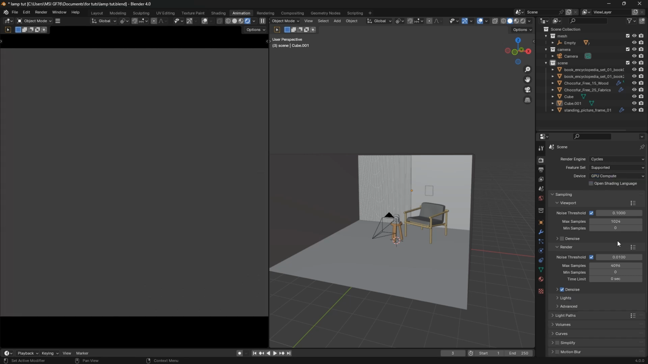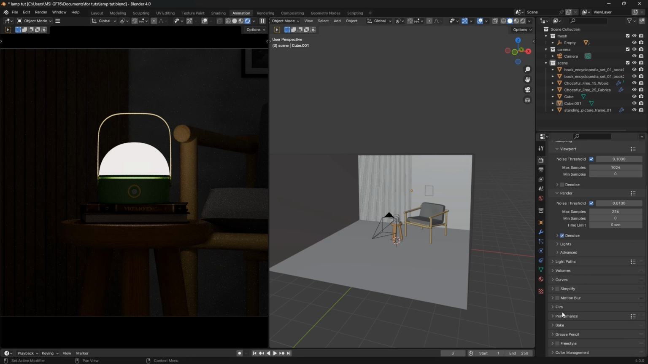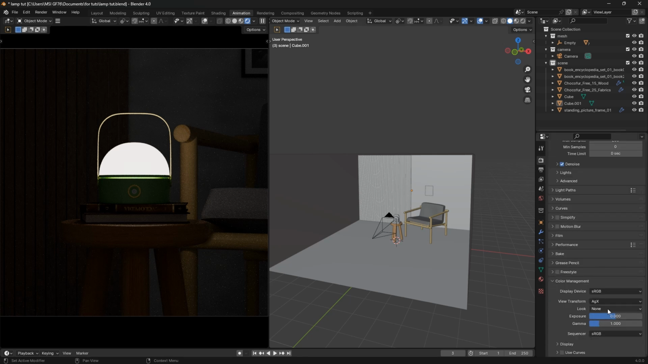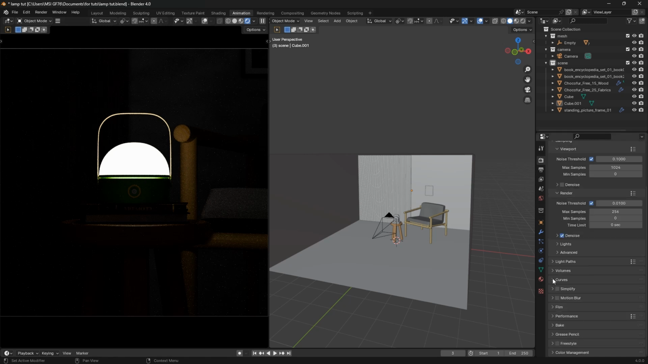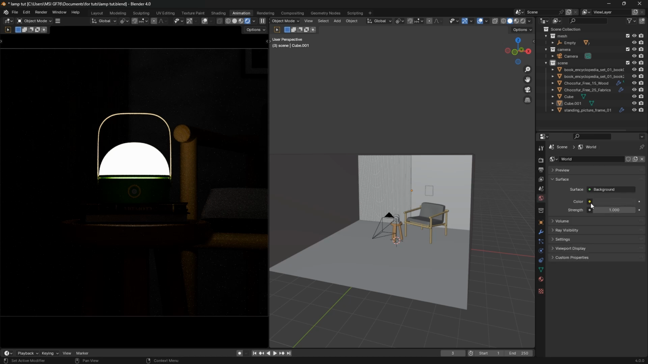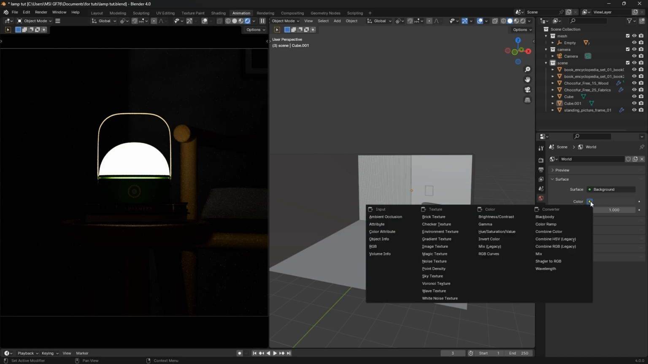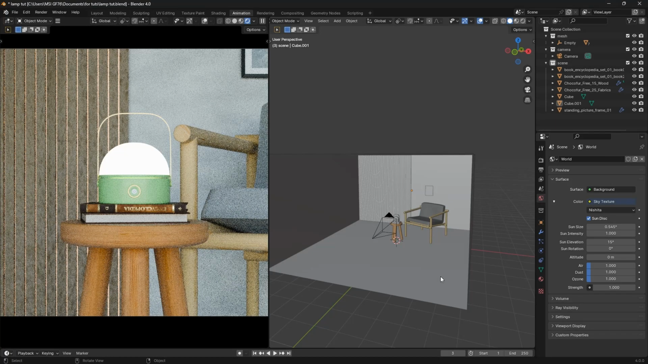I'm going to have the render at 256. Let's see what we have at the color management. I'm going to have it at high contrast. So now you can see our scene has much more contrast. Here on the world, I'll select color, and I'll be using the sky texture. So now when I use the sky texture, you can see that the scene has been lit up, and